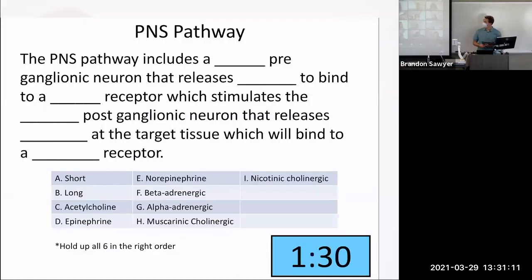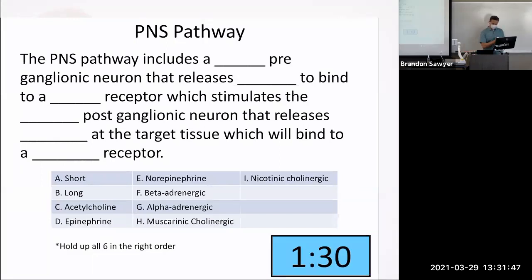On an exam, or on a quiz question. So the parasympathetic nervous system pathway includes a blank preganglionic neuron. Is that one going to be short or long? Do you remember? Which one? How many say short? How many say long? How many don't say anything? They're not sure. A couple of you. Okay, let me just show you all the answers here so we can